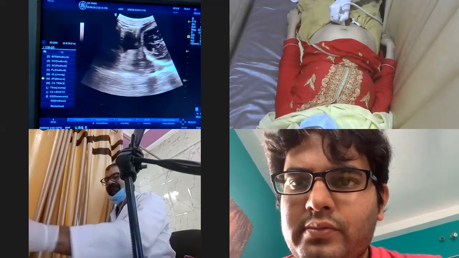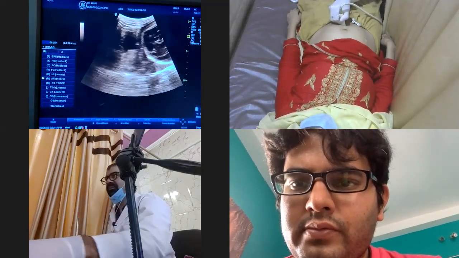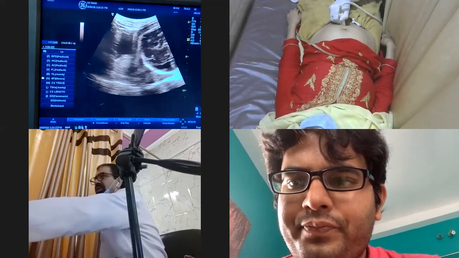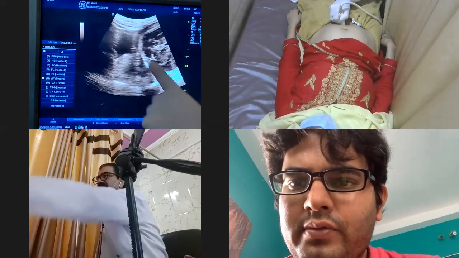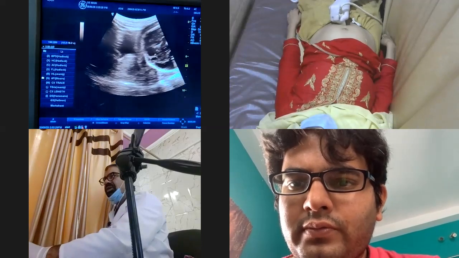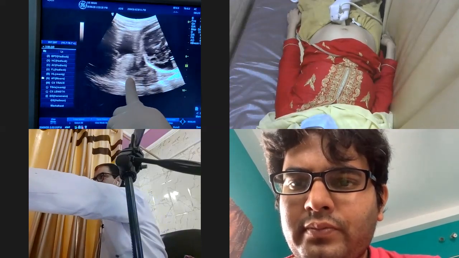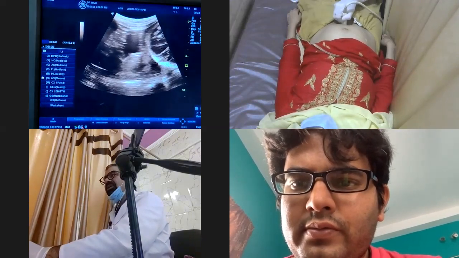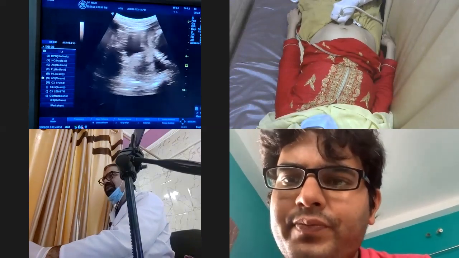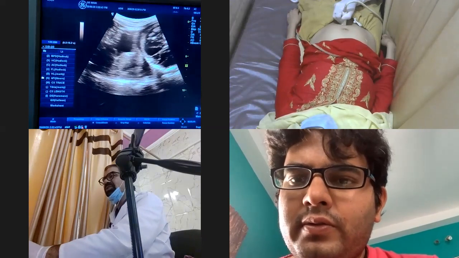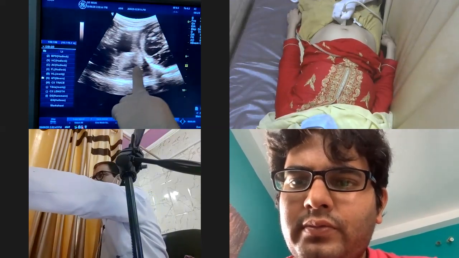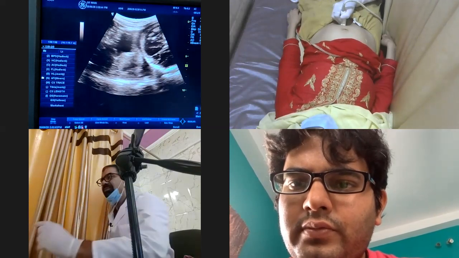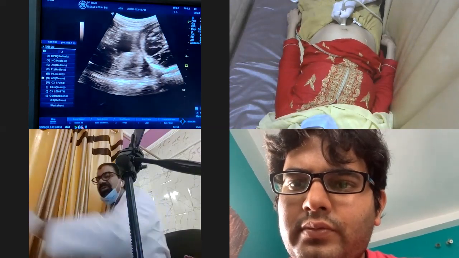See again. Is it clear? I will zoom in on the cervix. Now see, this is the cervix. So now the point is, if I see the mucus plug over here, first of all it is confirming that this is the cervix, and it is confirming that there is no leaking in this patient, because whenever there is leaking, the first thing that will vanish is the mucus plug. So the intact mucus plug over here is giving me a 100% diagnosis that there is no leaking.